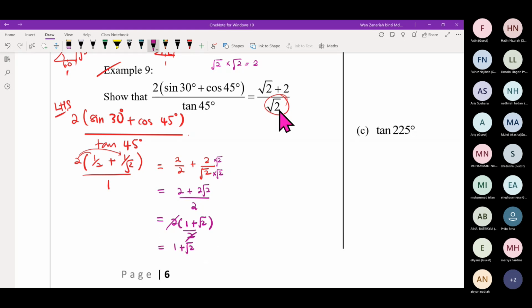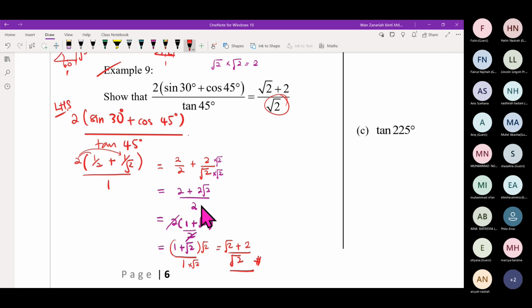But we want denominator ada root 2. So kita wujudkanlah root 2 by apa? Tadi kan sebenarnya over 1 kan? Right? 1 plus root 2 ni sebenarnya over 1. Okay, so you multiply with root 2 once again. So what will you get? You expand 1 times root 2 plus 2 over root 2. Dapat sama tak sayang? Sama? Sama. So 2 kali you multiply twice root 2. First because you want to equalize the denominator, and then once you factor out,